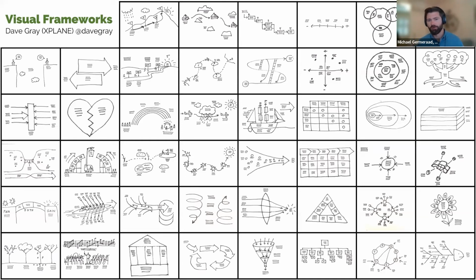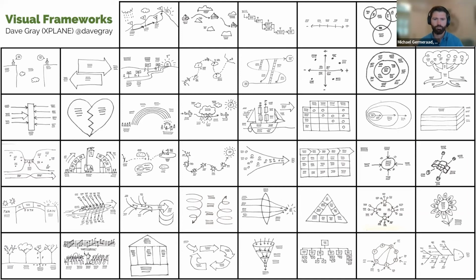All of these are borrowed from Dave Gray, who runs a consulting group out of Portland, Oregon. They're visual thinkers and help organizations understand what's happening and identify ways that they can deliver better results. A lot of their work supports breaking down siloed organizations. I think Dave is great because he shares his tools. I've pulled generic visual frameworks from his Twitter feed that I think can be really helpful in facilitating a strategic